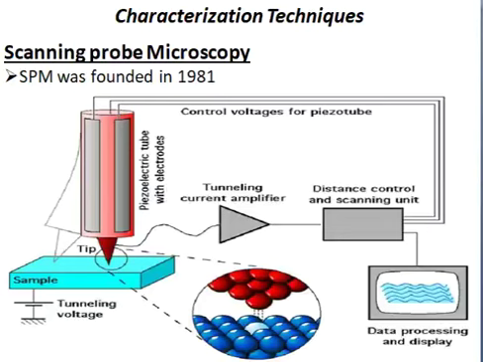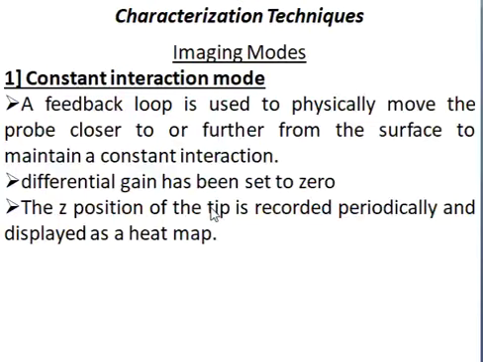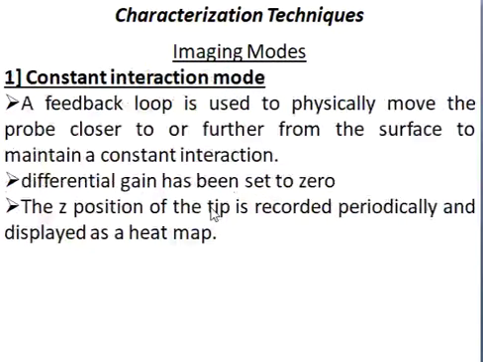measure the surface topography by using the current induced between the two points, that is the surface as well as the pointer. The process remains similar to AFM, as the pointer in this case touches the surface, and we have two kinds of arrangements here. One is called constant interaction mode, where the component or the surface is touching the probe, and the second one is constant height mode, where the tip is maintained at a constant height, and the change in electrons, movement of electrons, can be visualized.